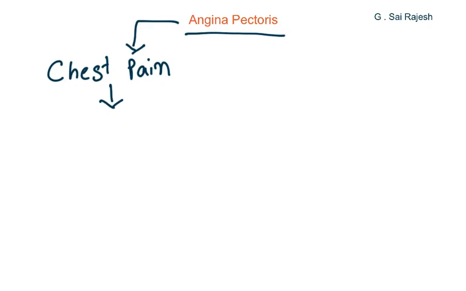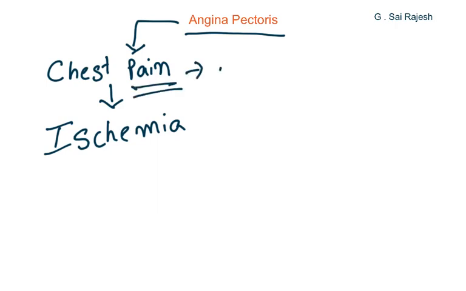In the last class we have seen what is angina pectoris. It is nothing but chest pain. This pain is a symptom of an underlying disease. The reason why the pain occurs is ischemia. Ischemia means reduced blood supply to heart. When heart has got reduced blood supply, it gives a symptom as pain. This pain is also known as referred pain. Referred pain means it radiates to neck and jaw region, and also it radiates to left shoulder and left palm.